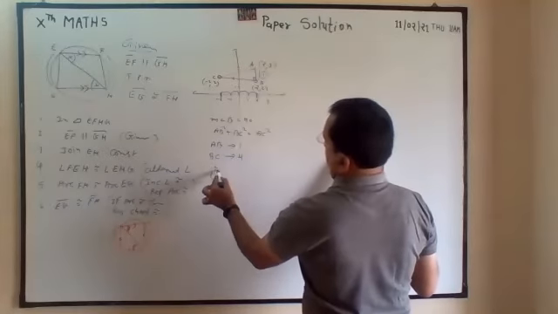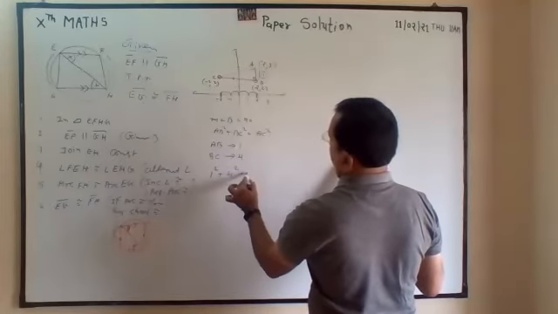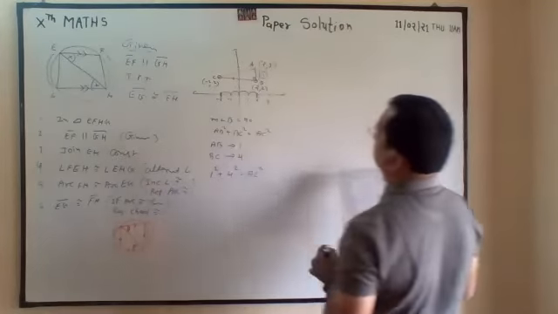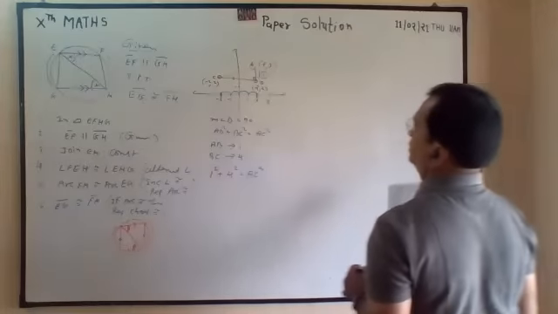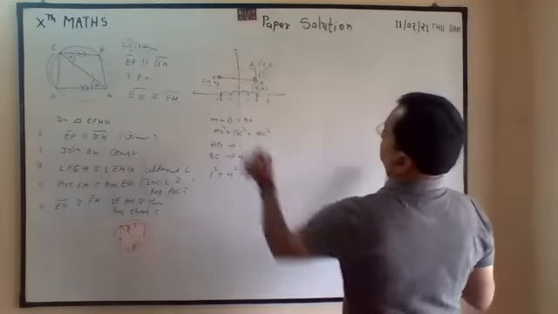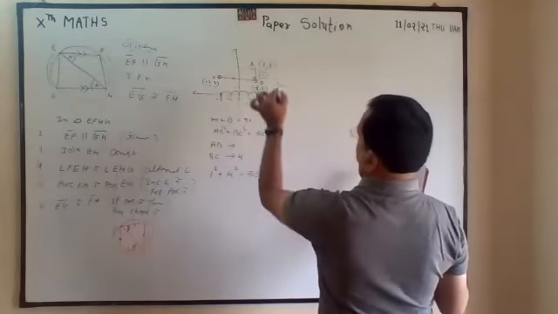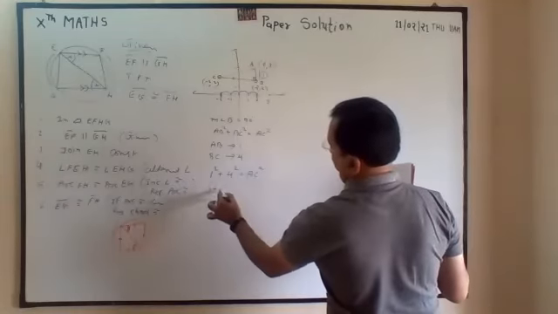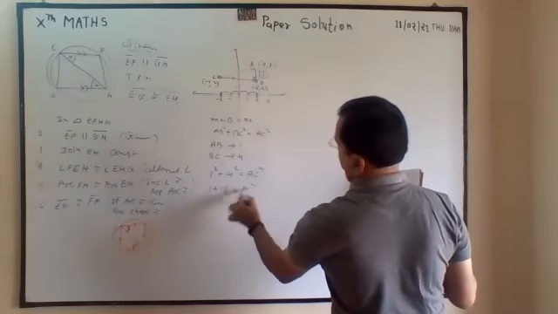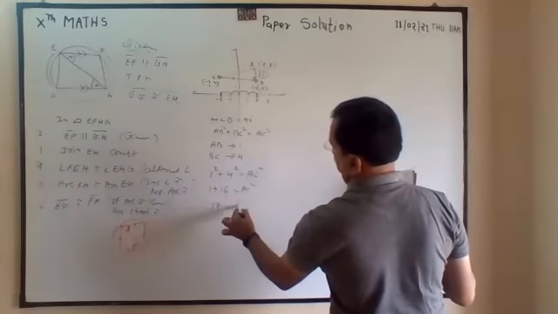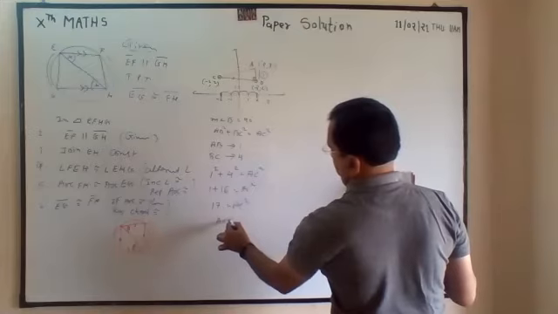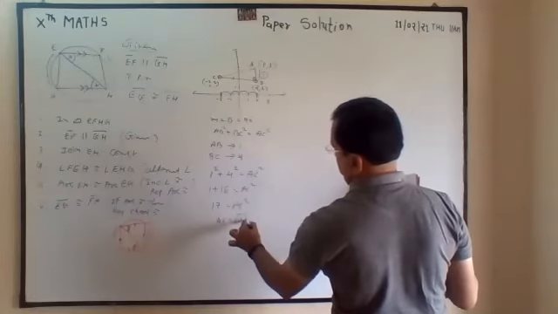So 1 square plus 4 square is equal to AC square. Correct? 1 1s are 1, 4 4s are 16, is equal to AC square. So 17 is equal to AC square. So AC is equal to